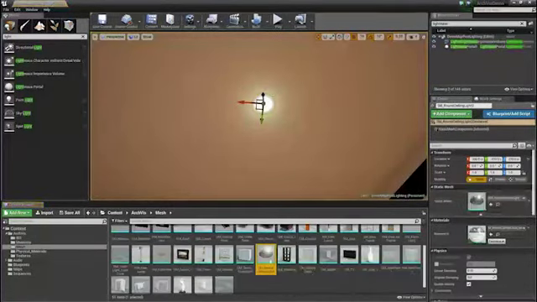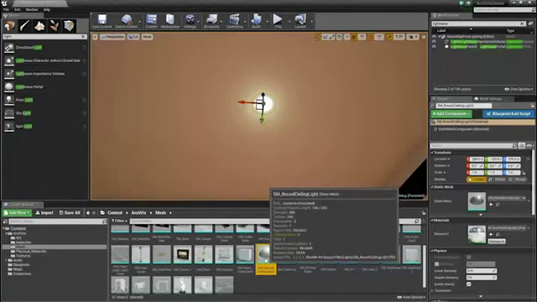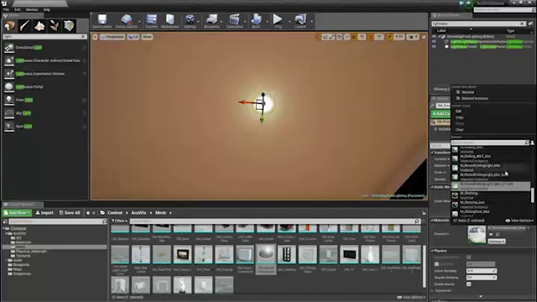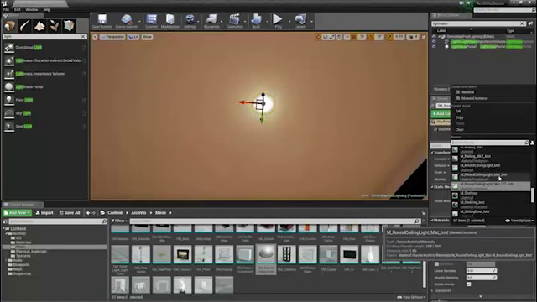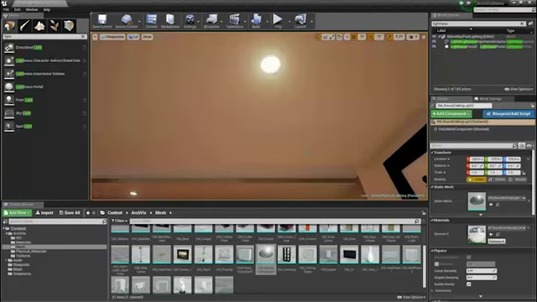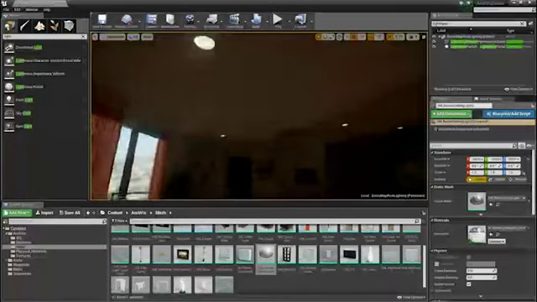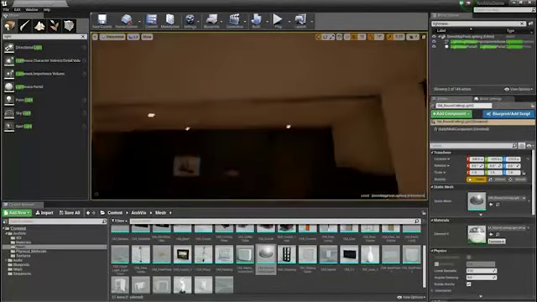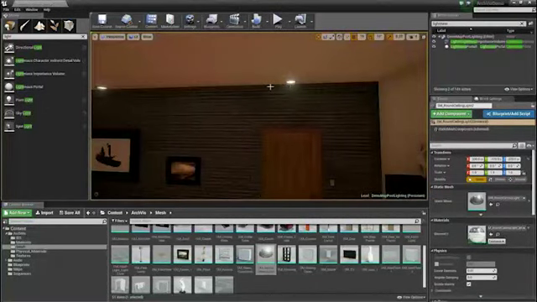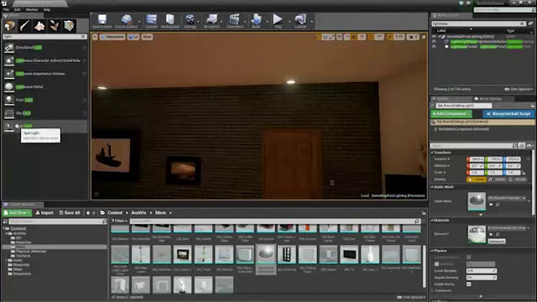I went and added the SM round ceiling light to the world. I also went through and changed its material from the ceiling light matte inst to ceiling light matte lit inst. And if you see the difference there, it's that versus that. And it's at this point that I'm going to start adding some spotlights to these to correspond with what we're seeing. We can have an emissive looking object, but if there's no light coming off of it, then we clearly have something wrong. So I'm going to drag in my first spotlight,